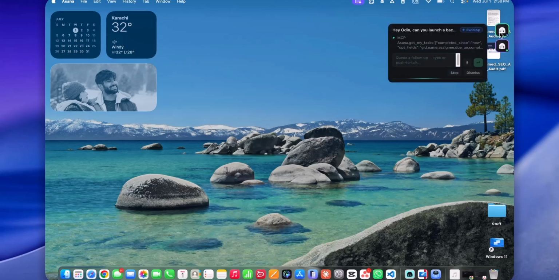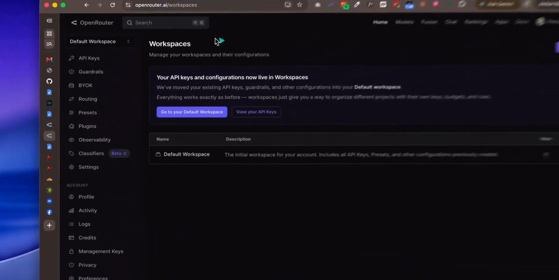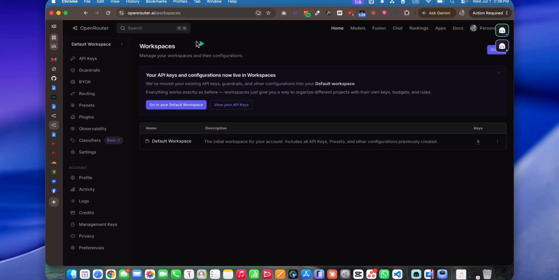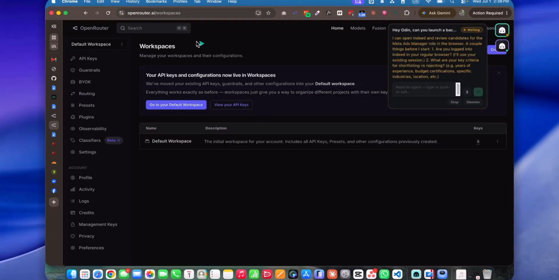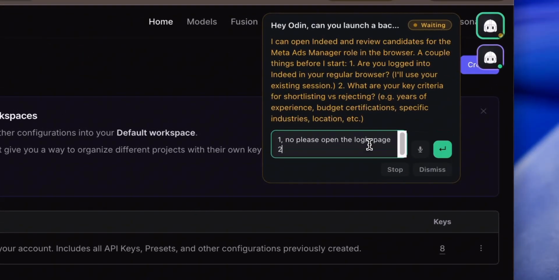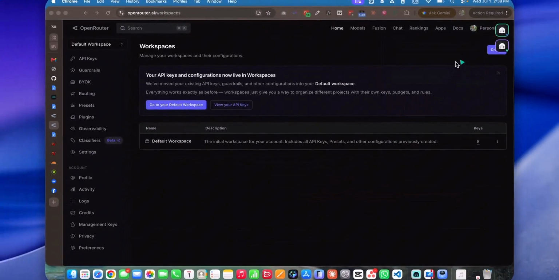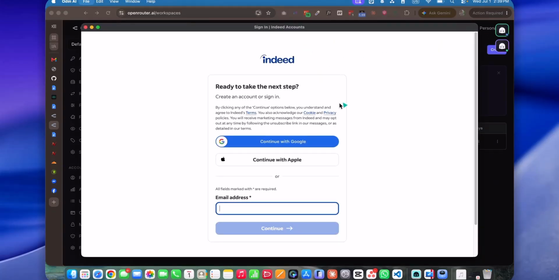And that's essentially just one part of Odin. Besides that, we also have two other very cool features that I would like to show you. One of them is the fact that Odin can teach you things. Let me just quickly reply to Odin. So essentially, Odin was asking if I'm logged in or not, and I'm honestly not sure. So I just told Odin that I'll log in, and as you see now, Odin has pulled up the login